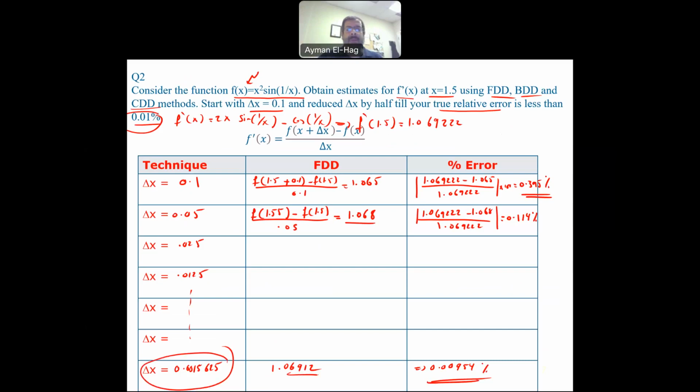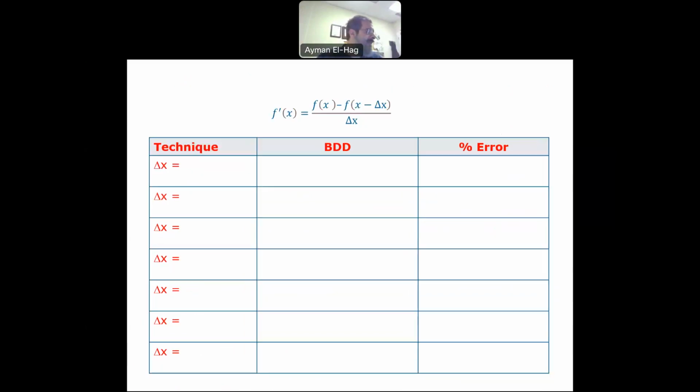Now, if you use the backward, we know that the forward and the backward converge at the same rate, and we'll try to do that. You will find that it is basically matching. So at delta x equal to 0.1, your function will be basically f of 1.5 minus f of 1.4 divided by 0.1, and you will get that the derivative here is basically equal to 1.073, and the error is 0.353%. So again, you keep on going with 0.05 until you reach exactly the same point, which is